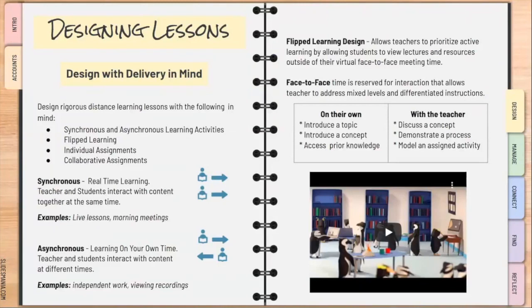And we've got a video that's on this presentation. When you look at the presentation where it's loaded, again, you're looking at the recording, but you can also access this specific presentation, and you'll be able to click on that video and get a better understanding of flipped learning.